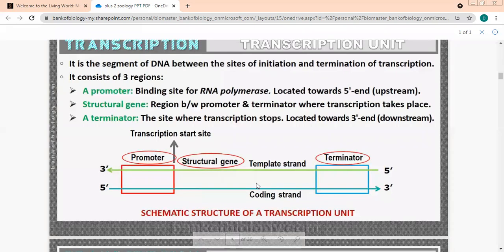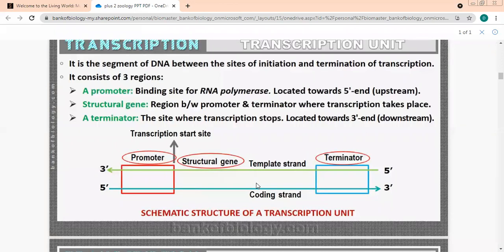It has three parts. Number one was your promoter. Number two is your structural gene. And number three was the terminator area. Okay, this was your terminator area. Promoter, most important because what is going to bind over here? Yes. RNA polymerase. Yes, beta. RNA polymerase will bind over here and initiate the process.